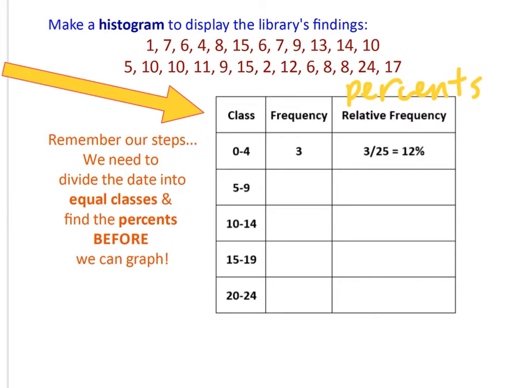If I want my axis to go 0, 5, 10, 15, 20 on the bottom, I'm going to look at the left side of these ranges. The left side of these ranges, this 0, 5, 10, 15, 20, is what my tick marks are going to be on my x-axis. So in between 0 and 4, there are 3 values that the library found that are in that range: